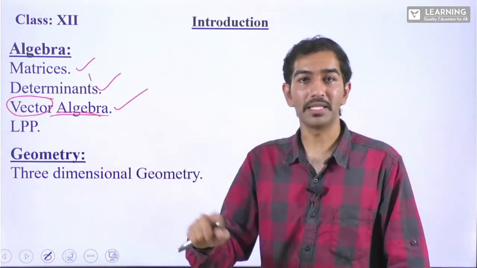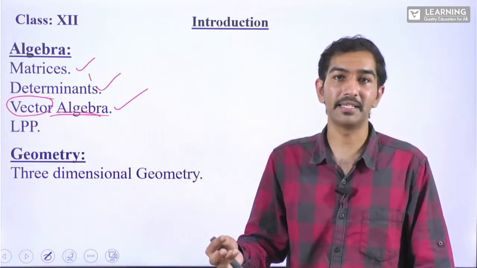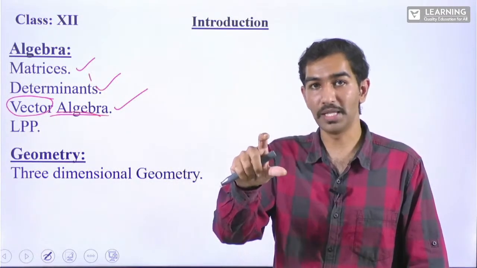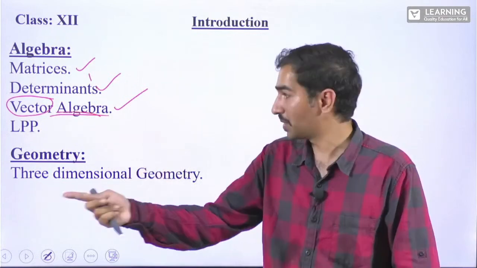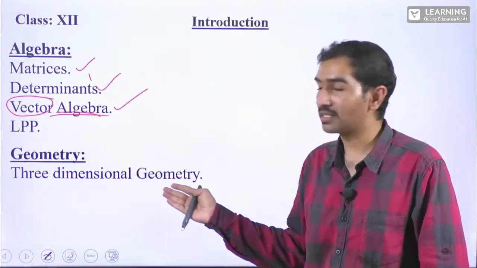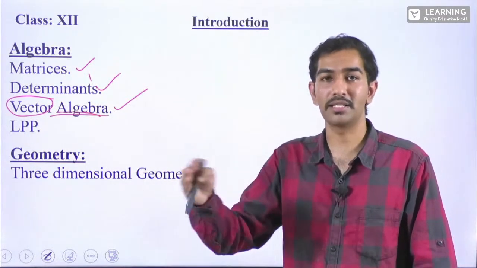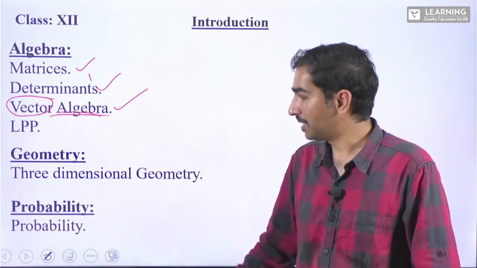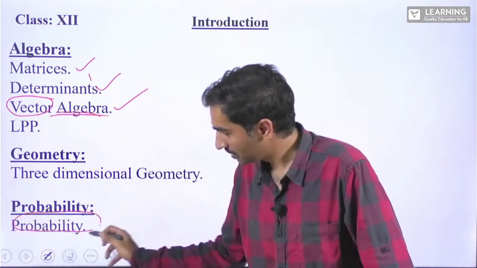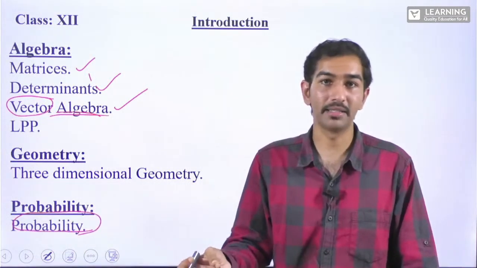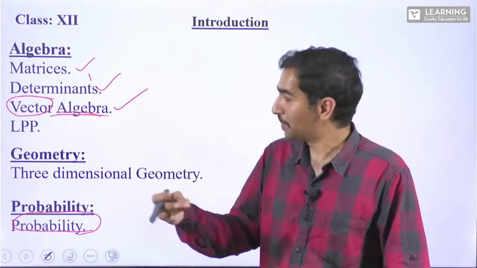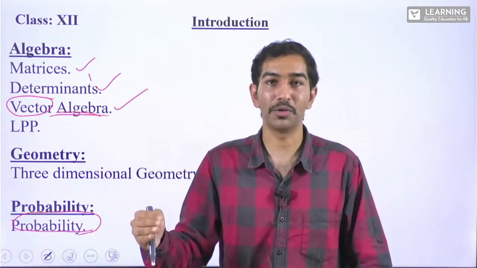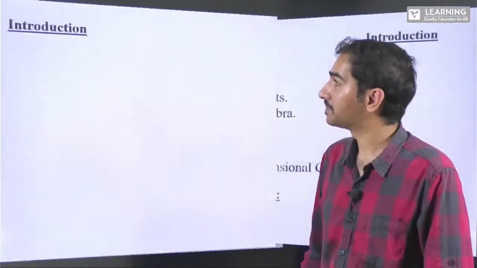Next, geometry. Previously in class 11th we saw straight lines, circles and introduction to 3D geometry, right? That introduction to 3D geometry, as an extension coming in class 12, is called 3-dimensional geometry. It's just an extension of class 11th. Next, probability. We have probability only. You studied probability in class 10th, class 11th, and you'll be studying it in class 12th as well. Here you'll be seeing higher topics of probability. Okay, higher topics.